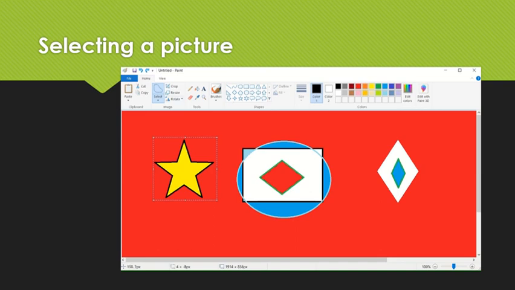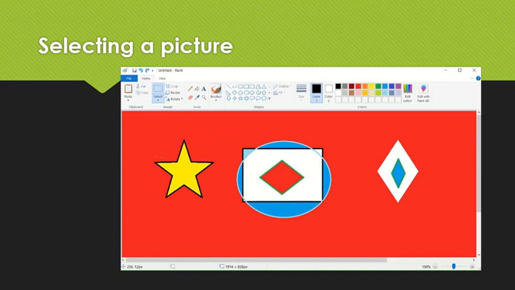For selecting a picture, on the Home tab, in the Image group, click on the Select drop down arrow. Then two options appear, rectangular selection and freeform selection.